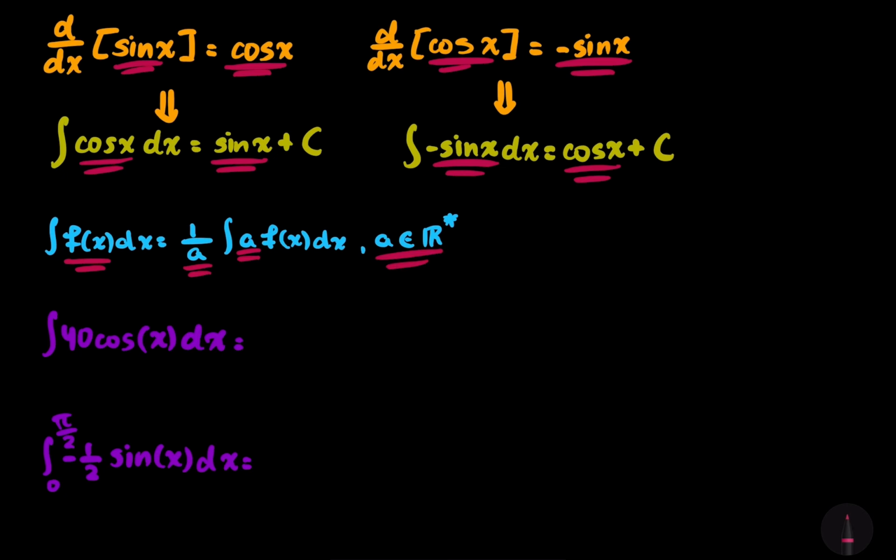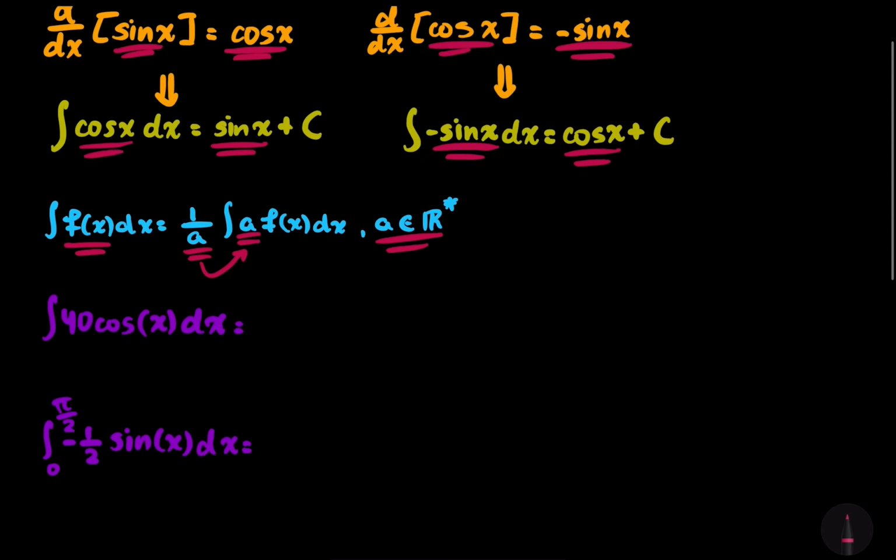And this makes sense, right? Because if we were to take this 1 over a and bring it into the integral, then it would actually cancel out with the a multiplying f of x, right? And so we would just end up with the integral of f of x. And this is very much analogous to when you're just multiplying and dividing by the same quantity. It really doesn't impact the original value, because you're multiplying and dividing by the same quantity, they'll cancel out, and so it doesn't really change the value. And so with that in mind, let's go ahead and delve into a couple of examples now